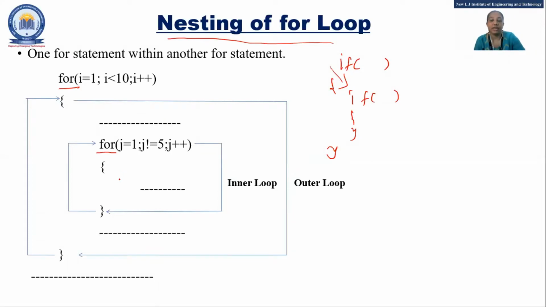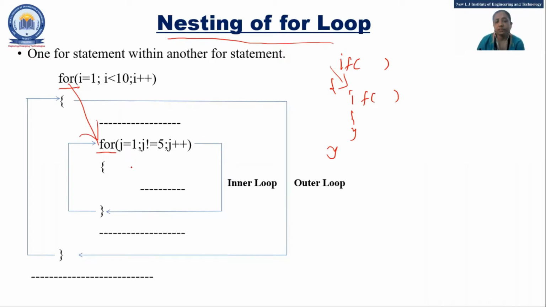I am telling you right now the general things. Nesting of loop means one loop contains another loop. Either both may be for loops, or one is for, one is while, another is do while. Everything is possible. But normally we will go for the scenario where one for loop contains another for loop; all the examples will depend upon this only. Then it is called the nesting of the for loop.